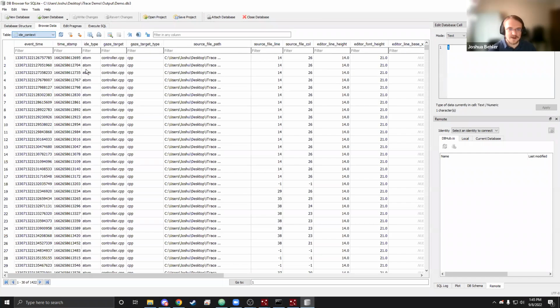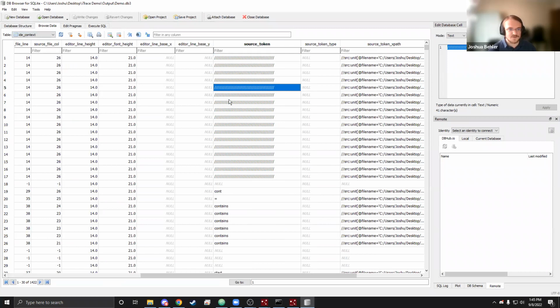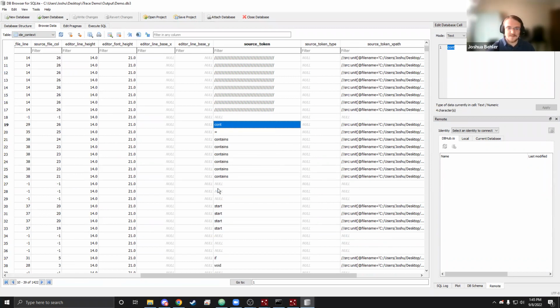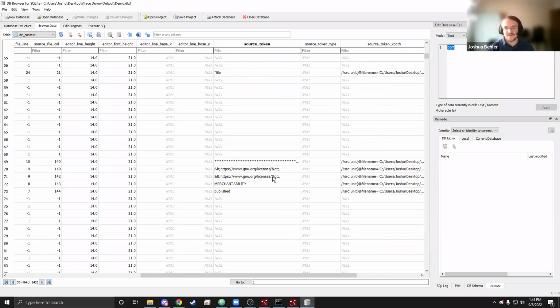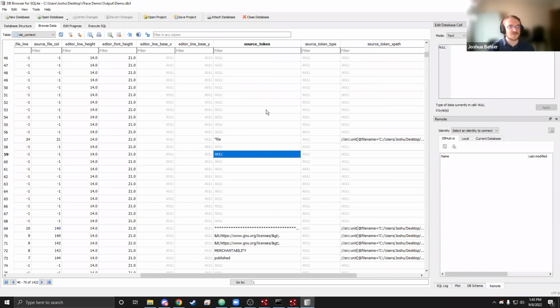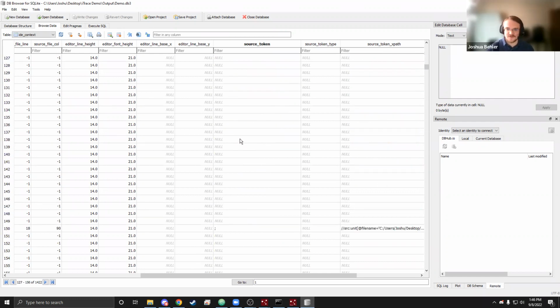And if I go to our IDE context, now it says right here exactly what source token the gaze was looking at. If you opened this up before I ran that, all of this data at the end would have been empty. But now, because we had the source ML file telling us exactly where every bit of text was, and our plugin data telling us exactly what file and what line and column our gaze was looking at, we can extrapolate what word they were looking at. Some of them are still going to be null because my mouse moved over empty white space or my mouse moved out of the file you were looking at,